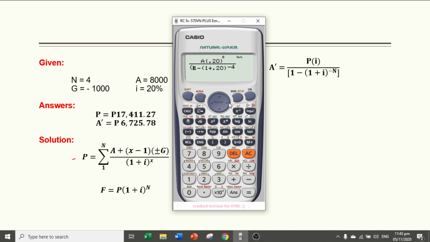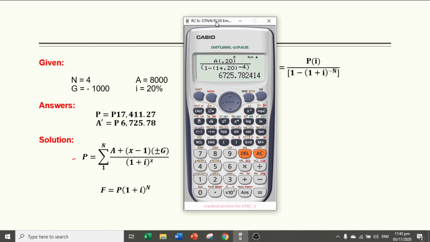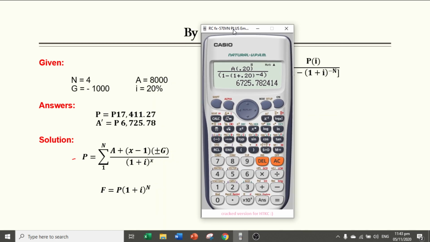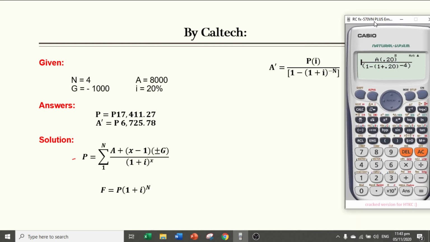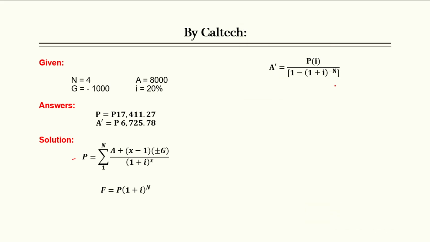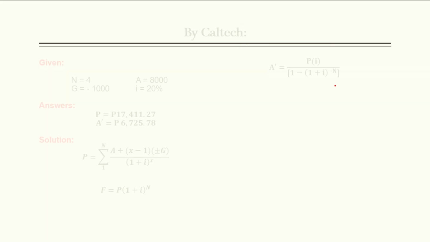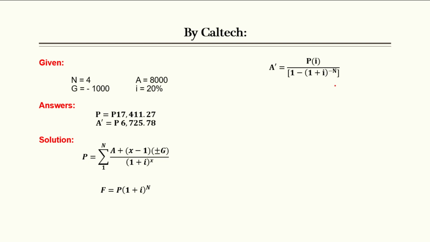Kulang na naman sa parenthesis yung dulo. Yan. Okay? 6,725.78. Saktong-sakto. Walang labis, walang kulang. So, kayong bahala kung gagamitin nyo ang ating Caltech or hindi. So, gamitin nyo sa advantage nyo yan sa board exam. So, that's all for